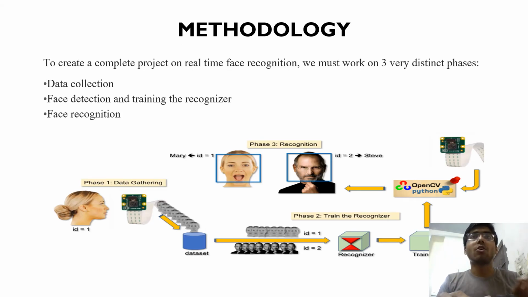Now, coming to the methodology part, we have three steps to follow to implement the things we discussed. Our first step will be to gather as much data as possible, which we did using OpenCV. We will capture the faces and save them in, let's say, a face directory. And then for every new face sample stored, we name it name.npy. Basically, name is the name of the person in that picture, and .npy is for storing that image after converting